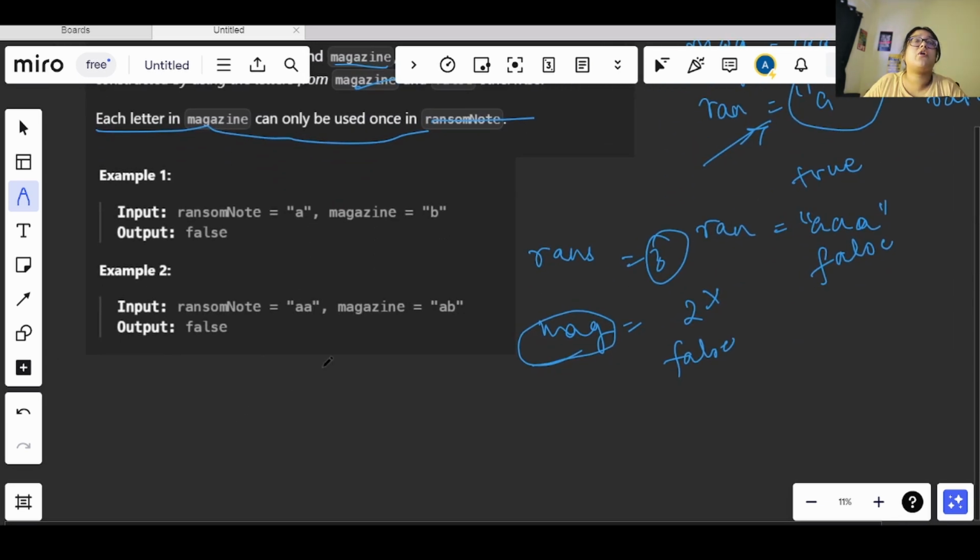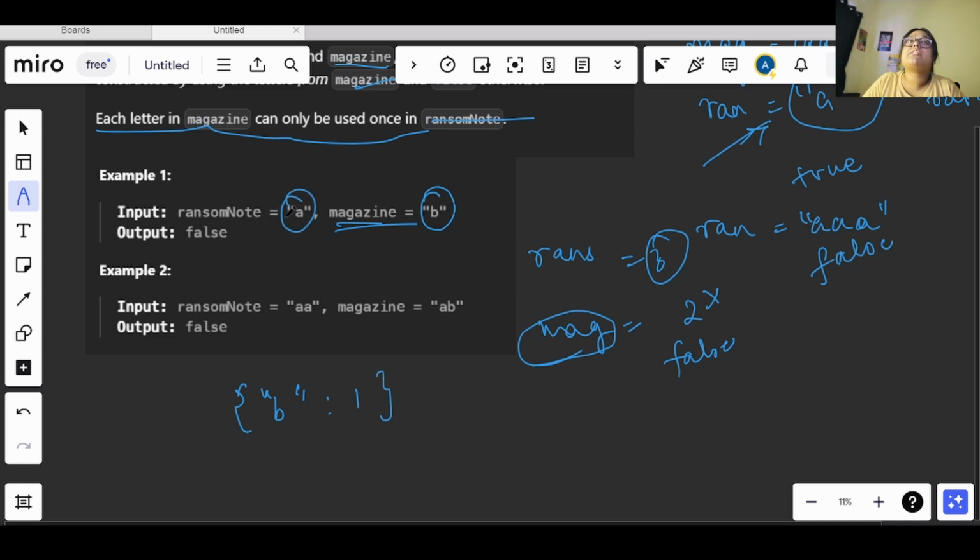So basically what we can do here is use a hash map, like in Python we can say dictionary. Let's say we have B, okay. So we will create a dictionary and we will store the count of all letters in the magazine. Now in this we have only one letter, that is B, so we will store that count.